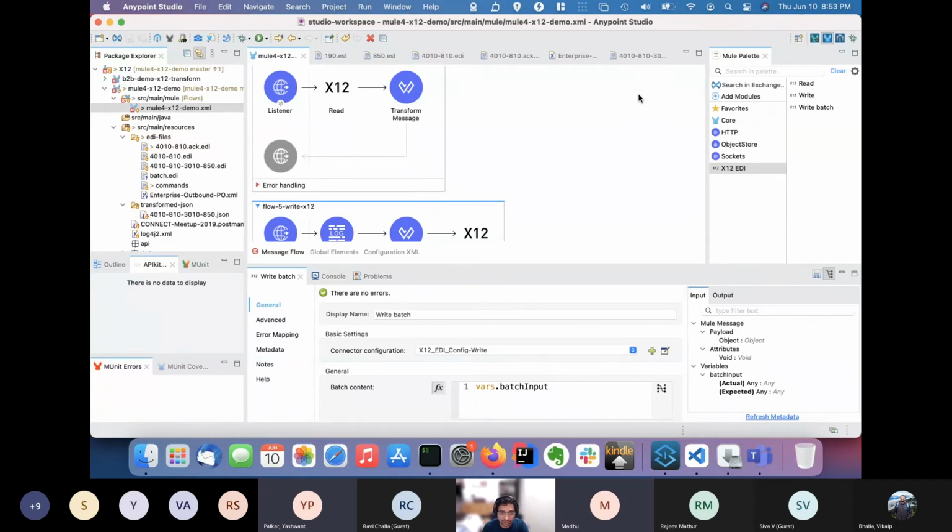Mani, what are the challenges you faced? I know a lot of challenges, but one or two major ones. It depends what we consider as a challenge. If it is a small, one-off integration where you have an X12 and you just want to send it, it's fine. But as you start supporting more and more documents, or as the number of transactions increases, it gets difficult to track what is going through the system and what is happening with it, right? Because